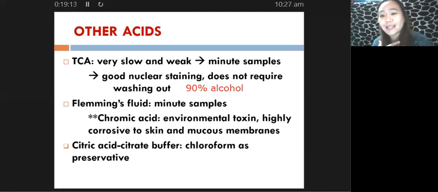So H&E provides satisfactory results, which in medtech grades is 75 already. However, there are some stains which will provide better staining results and are thus recommended